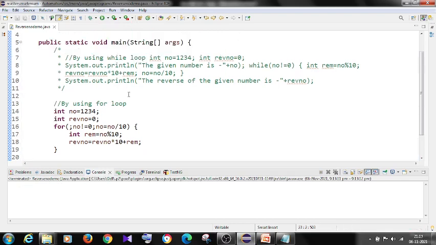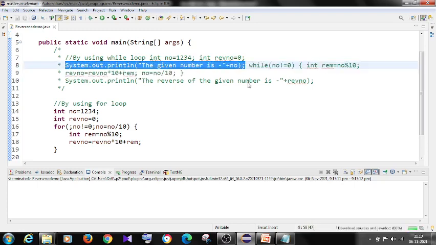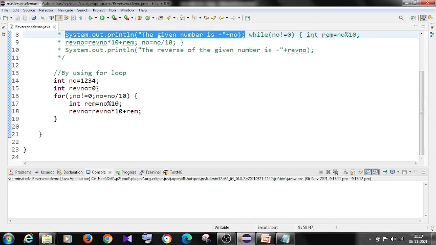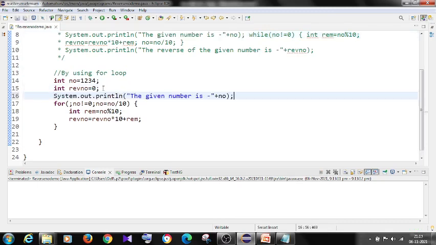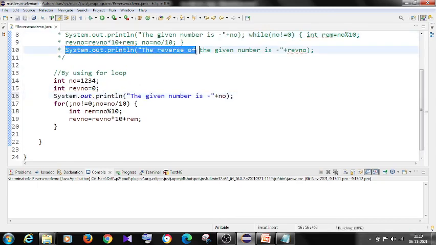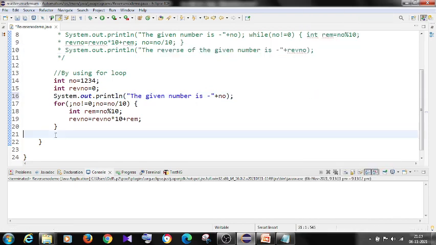I'm printing the given number and the result.